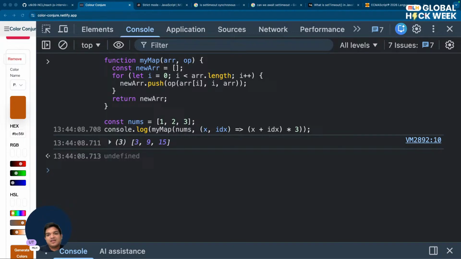The next question that I have for you is build a debounce function, a debounce function which will allow us to debounce something. The question here could be, what is debounce? If you don't know, debounce allows you to run certain things after a certain time. For example, if you're on a website and you have to type inside an input box, the question is, how do I ensure that